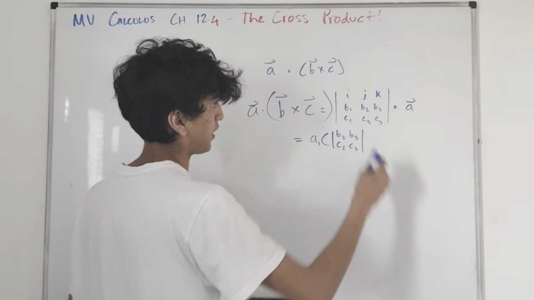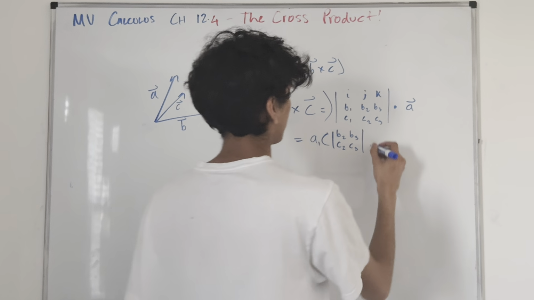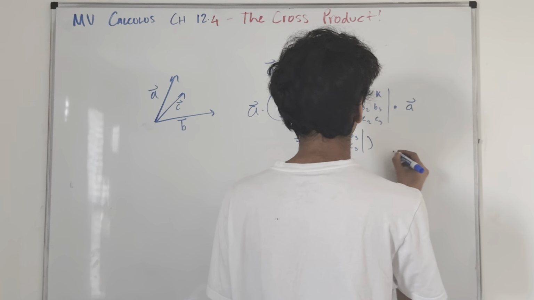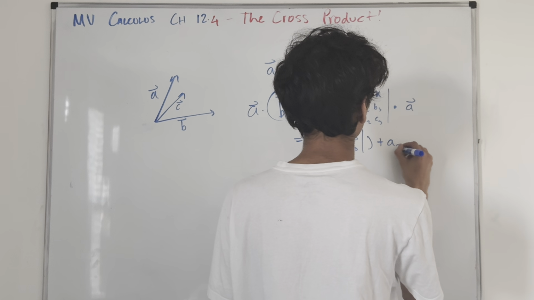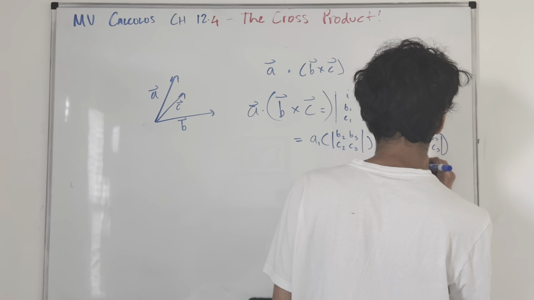Because when I'm doing my cross product, it's i hat times this determinant. Same thing, right? When I'm adding A2, the y component ends up being the negative determinant of my B1, B3, C1, C3. And same deal, A3,